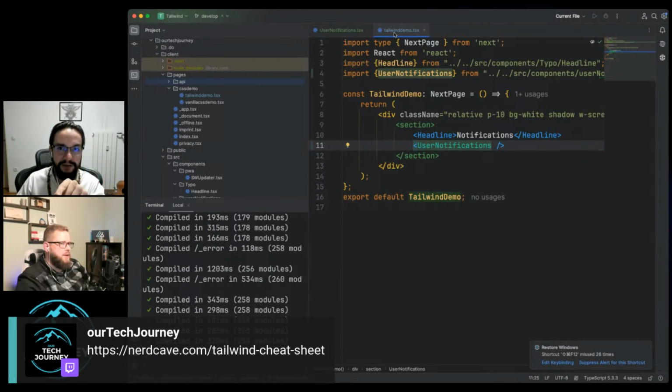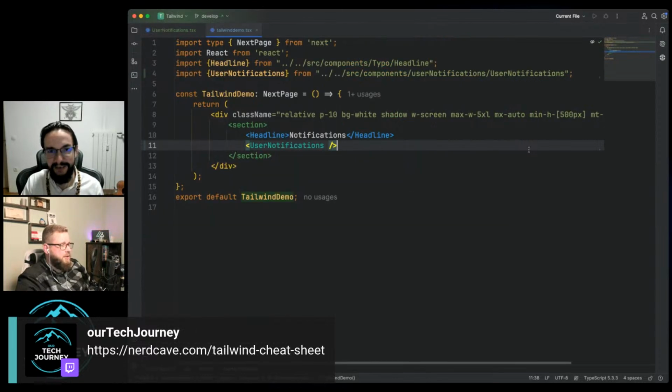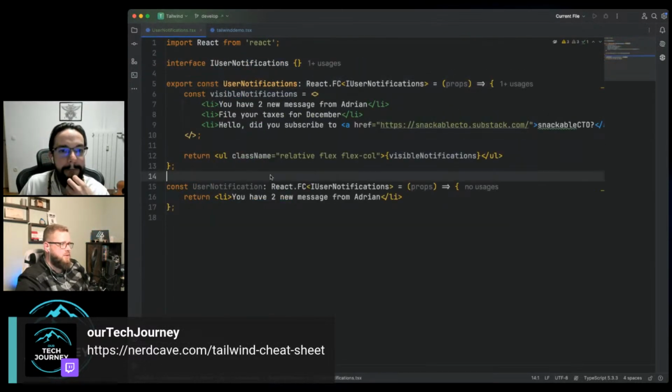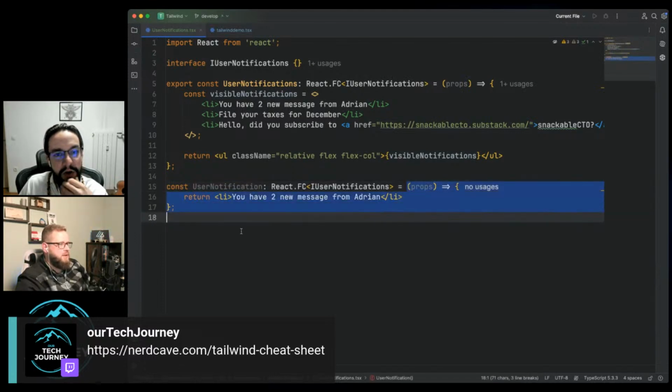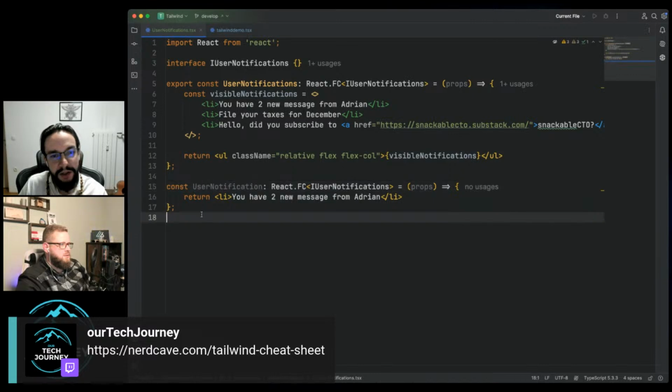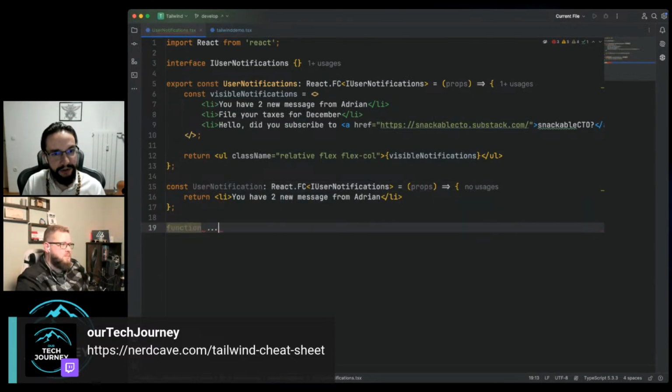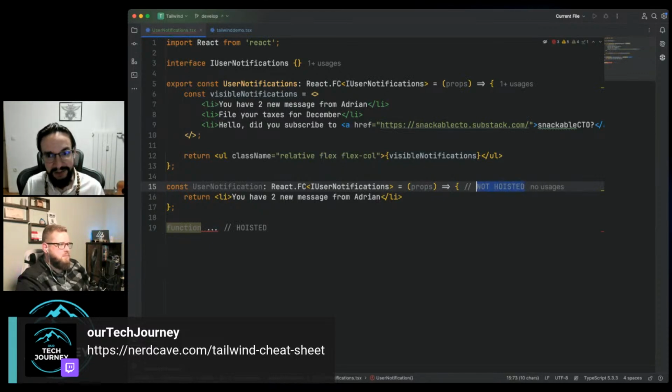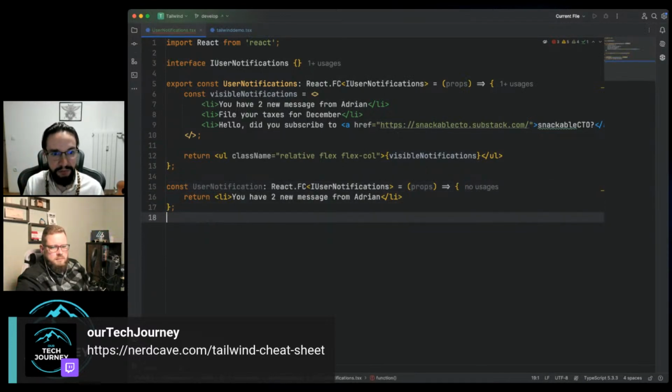And now you already made a little mistake. You can argue if it's a mistake or not, but you need to put the new user notification before the user notifications, and that's already weird because you have an element which is lower or deeper. I'm defining the callback using const, not using a function declaration, because function declarations are hoisted and these are not hoisted. So that's already a problem. That's why that linter rule exists. But I wanted to get it on screen to highlight this difference.